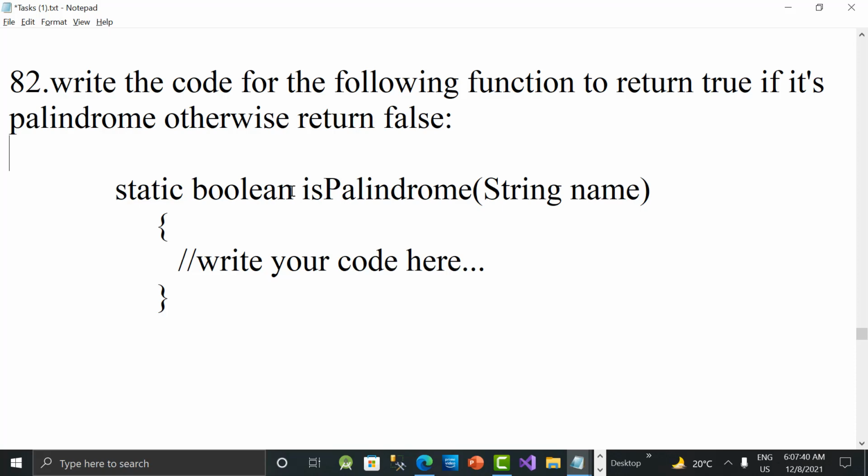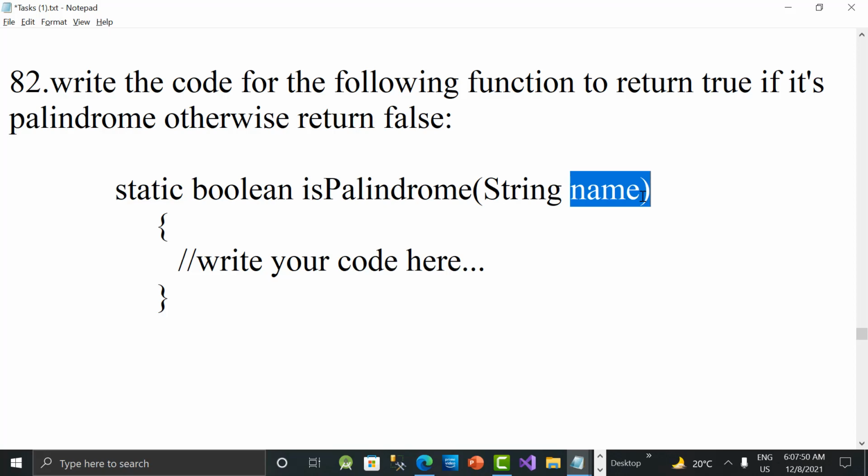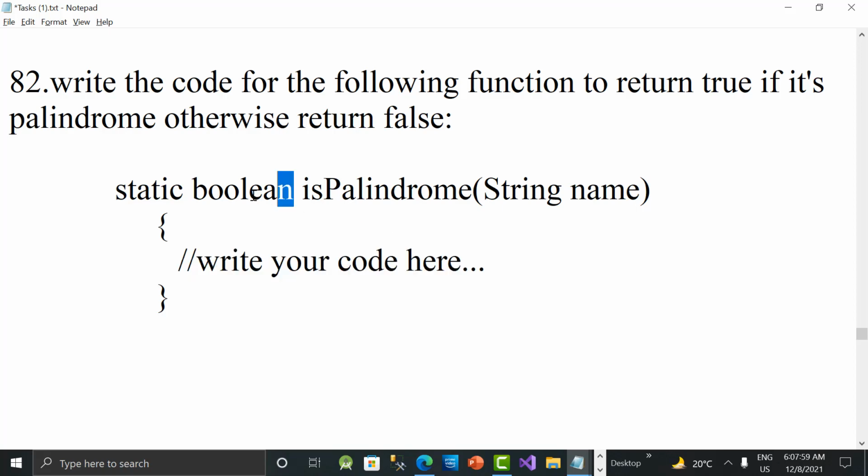But in this video we are writing a different logic, guys. As per the online exam model, we are reading a string in a variable called name. The user will pass a value into this name variable and you need to check inside the function. If the string is a palindrome we simply return true, because the return type of the function is boolean here. Whenever you see boolean, you have to return either true or false.